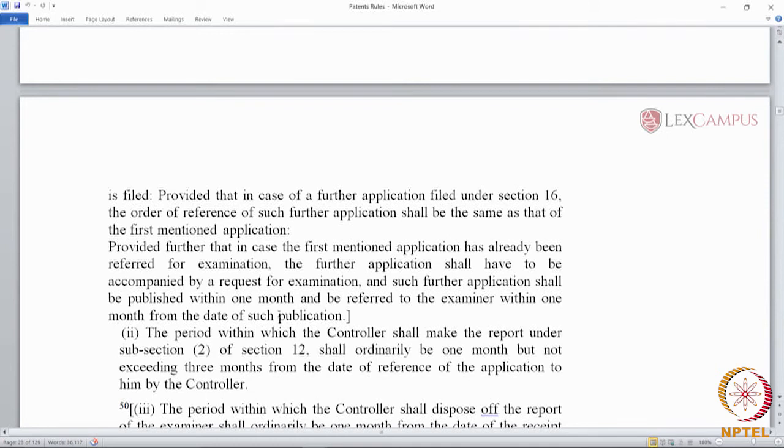So, this provision ensures that if the parent application has got into examination, then if you file a divisional, the applicant is going to know that it has already got into examination, so the applicant has to make a request for examination along with the divisional. So, the request for examination has to accompany the application. Now, this could be the only case under the Patents Act where a request for examination has to accompany the